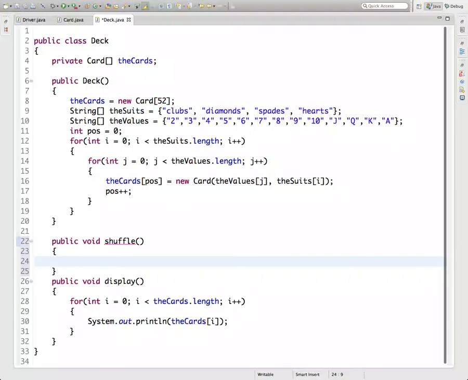Which means that when I display, actually, a couple things. We need to shuffle and we need to deal. Correct? You're also supposed to be able to deal a card. Okay, so let's start with shuffling. Shuffling means that your deck should be jumbled up. They shouldn't be in a nice predefined order like it's printing right now. Okay, the way I would do this,